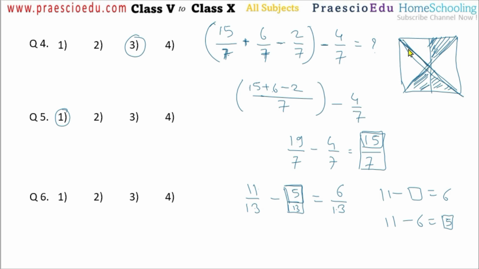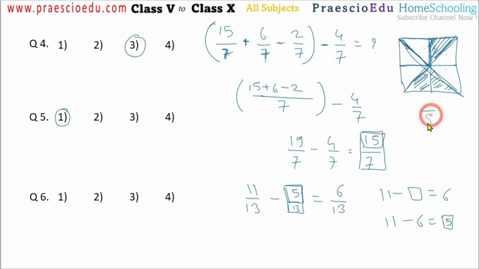If you see, this portion is the same as this one also, because this line is making the parts, and this line, and this line. If you draw one more line, or we can cut this one, then in total there are 1, 2, 3, 4, 5, 6, 7 and 8 equal parts there.